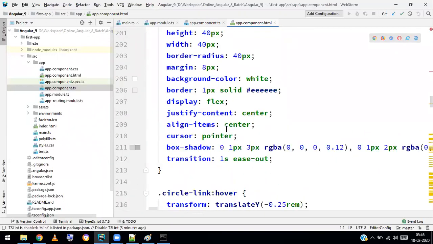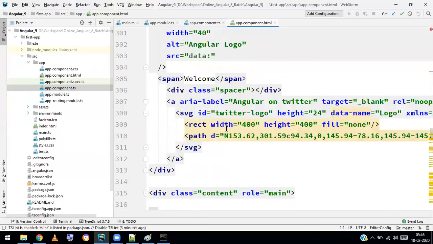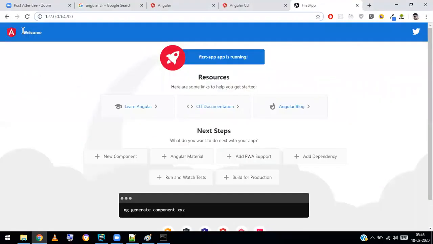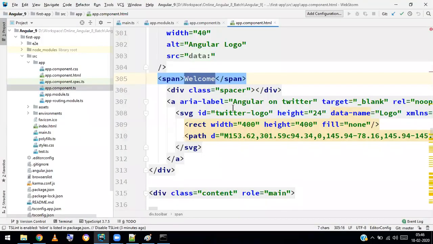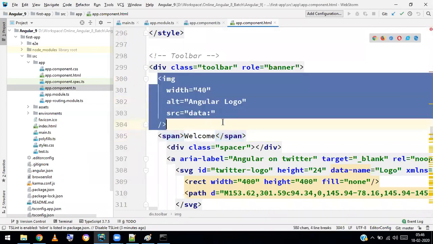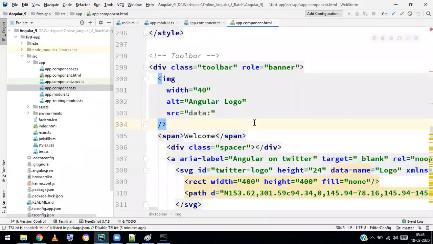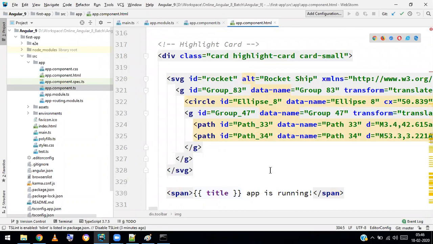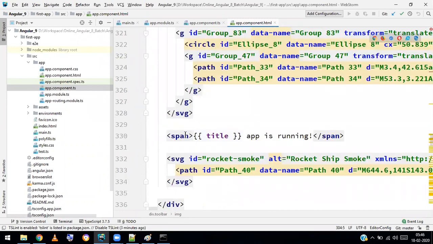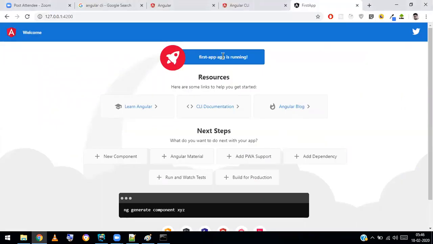This is the complete styles. See this one, you can find a welcome span. Some logo is there, the Angular logo image, and some cards. In the card you have a span with the title: app is running. So this one, app is running, and first-app.